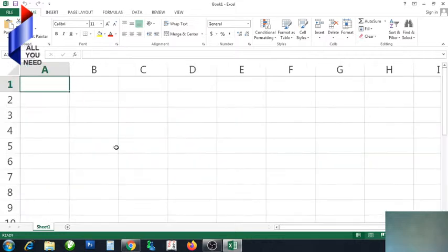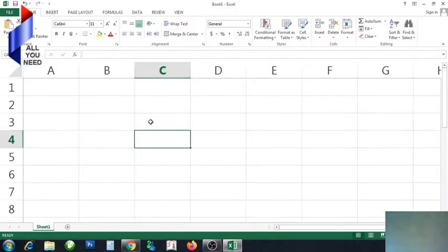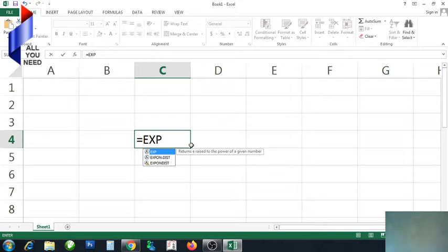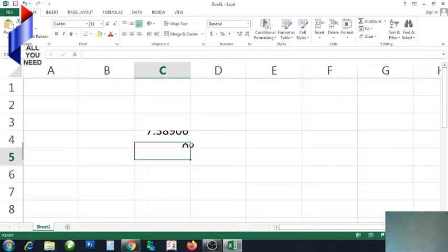So we were doing exponent. Maybe we have taken C4 as the cell number, and we'll put exponent here. Exponent, the short is EXP, and we'll give any number. Here the example has been given as 2, and the output is 7.3891. Let us see if it comes the same. We'll put the closing bracket and press enter, and you can see the same